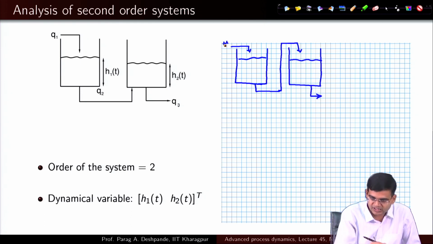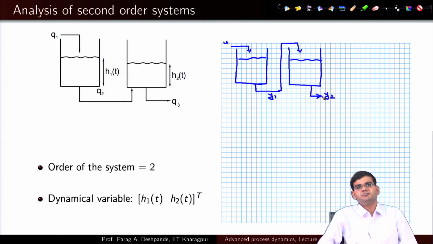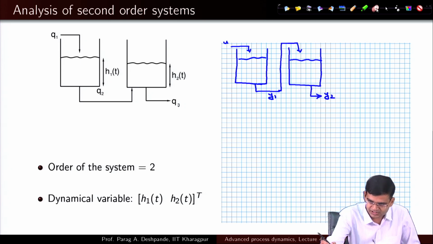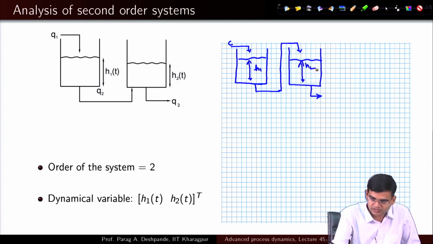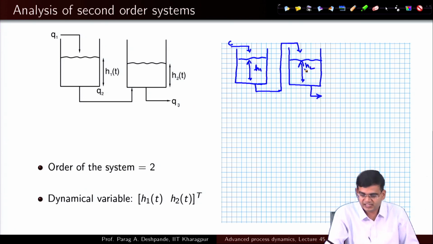So, let us use the usual notations: C, the constant flow rate, H1 and H2, and therefore, in this case